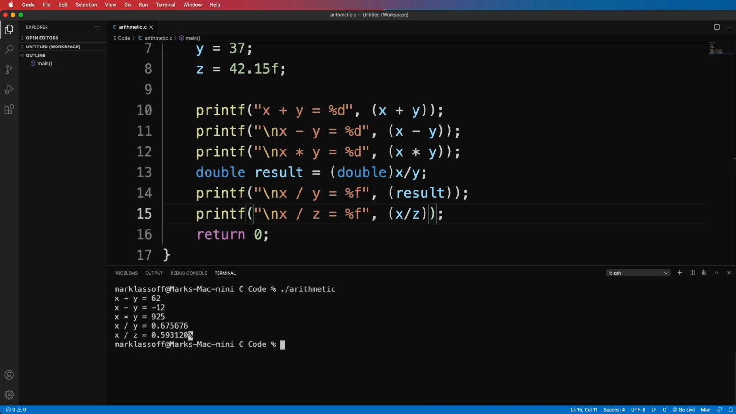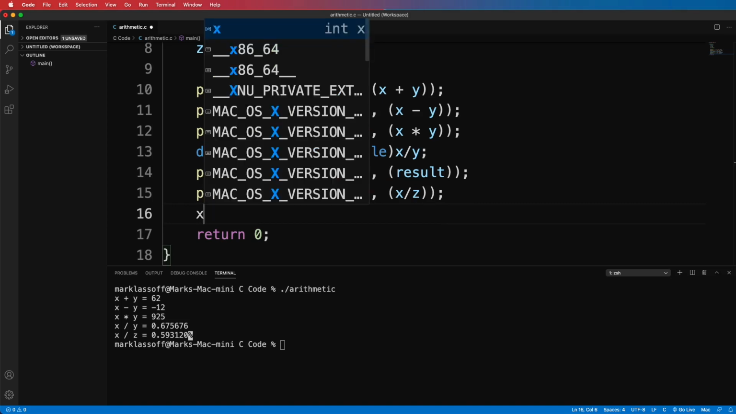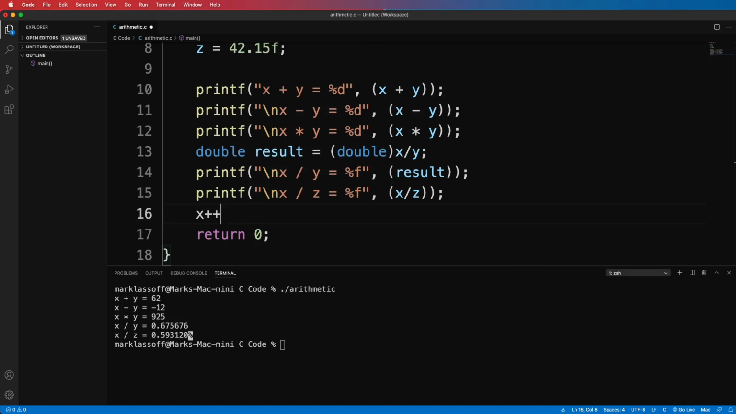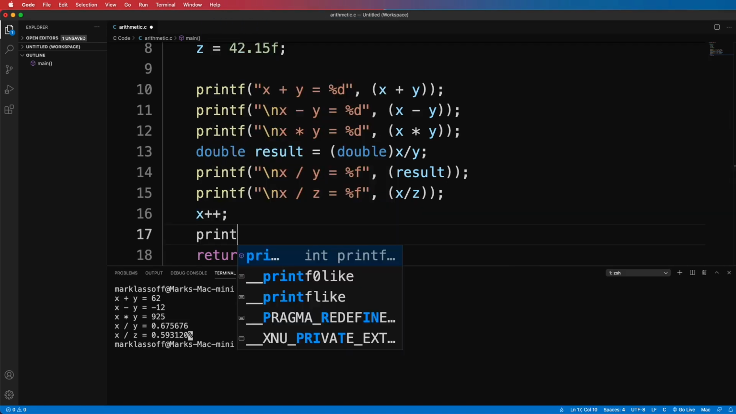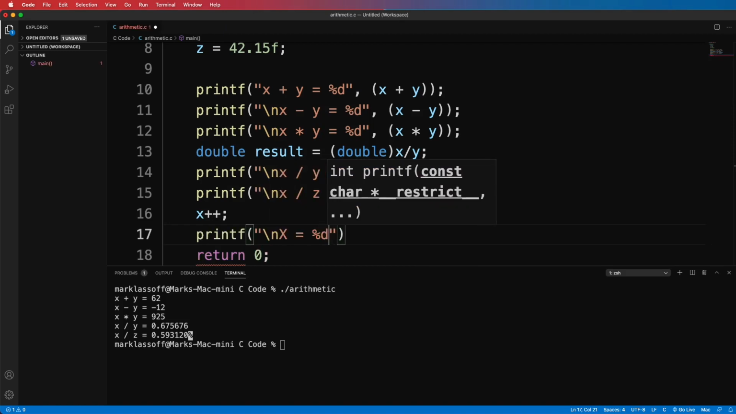And there you can see we get the result for x divided by z without any casting because z was a floating point number to begin with. Couple more mathematical operators you should know about. So I'm going to run the command x++. That simply increments x by 1. So now if we print out the value of x, and it's still going to be, of course, an integer,